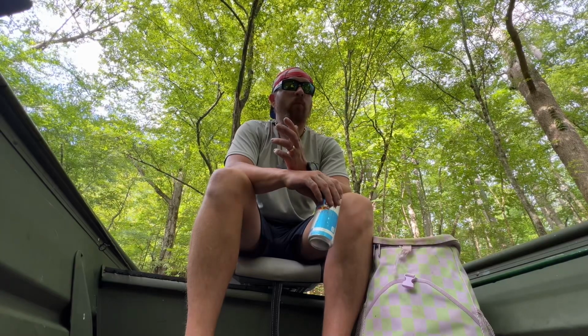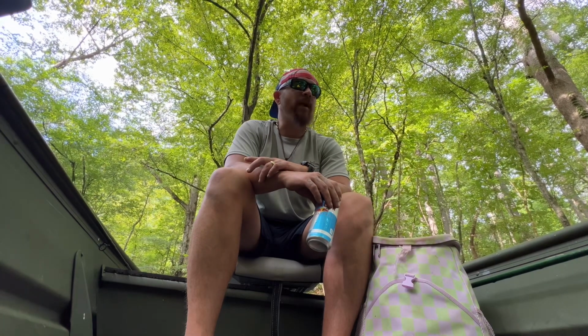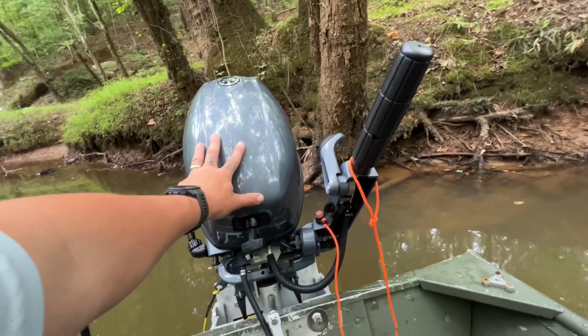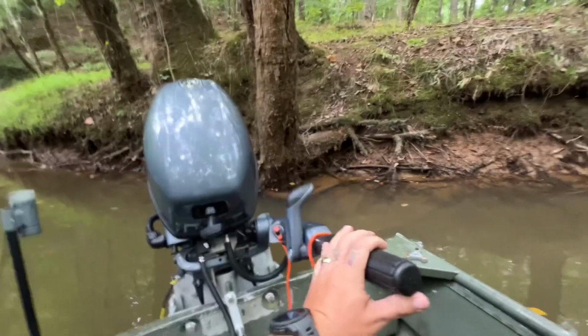For me, it actually works out perfect for what I want because it's small, it's a flat bottom, and it drafts super shallow. I can draft in about 5 to 8 inches of water depending on where I stand or how I stand inside. Brand new 2024 Yamaha F9.9 outboard, tiller style steering,